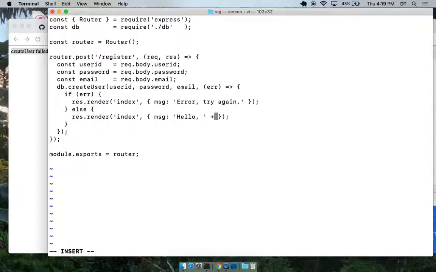Here, what we could do is, this is where we create the user. And I think what I want to do here is we create the user, and we log them in. And we'll say hello to, you know, their username like that. Let's see if that works.